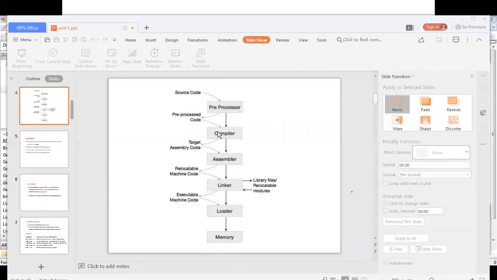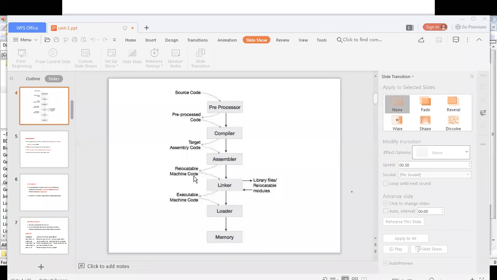Clear? See, the source code is the source file. Here we are getting relocatable machine code, which is also called object code, the .obj file.